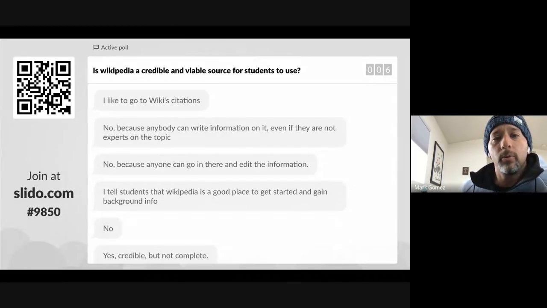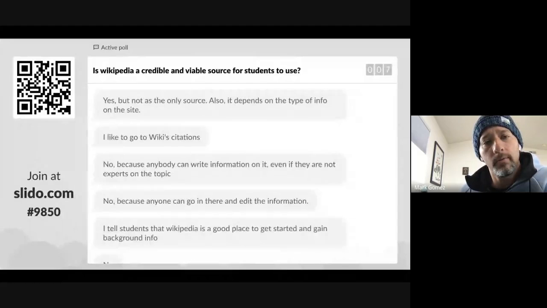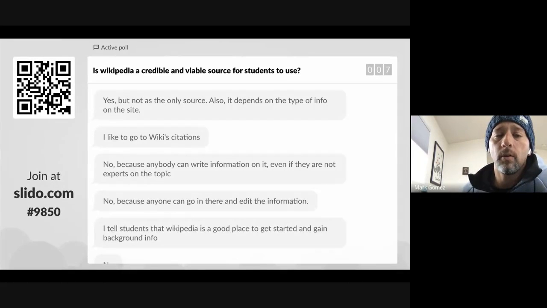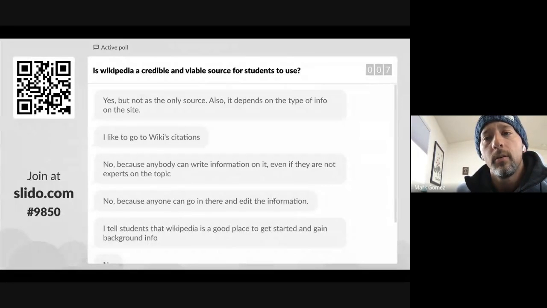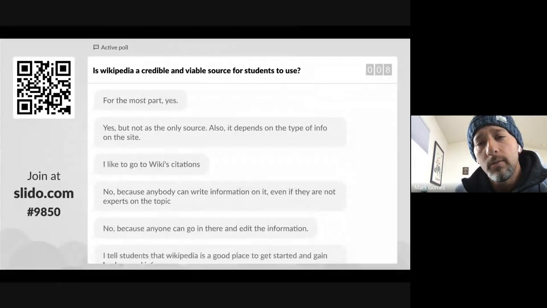So some folks like to use the site's use of citations. It seems like there's definitely some caveats for folks in terms of how they use or encourage the use of